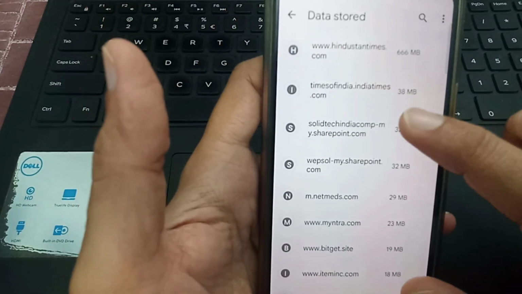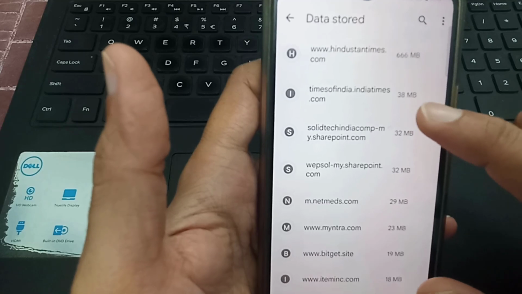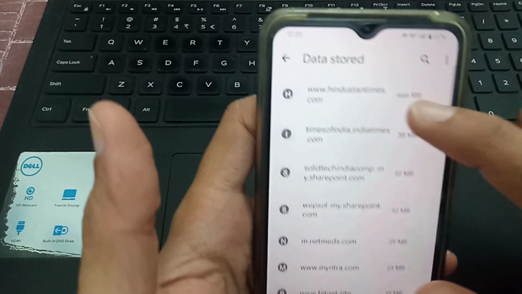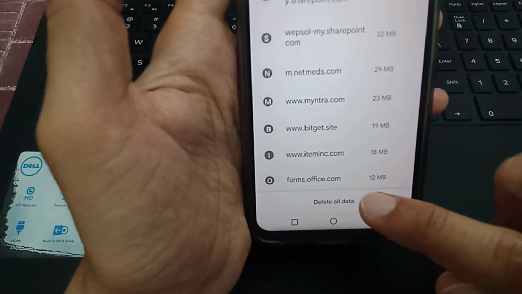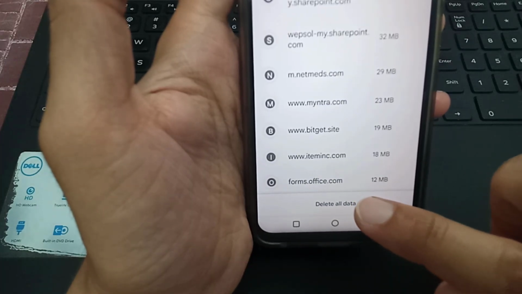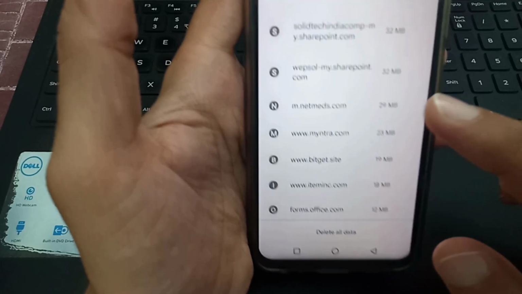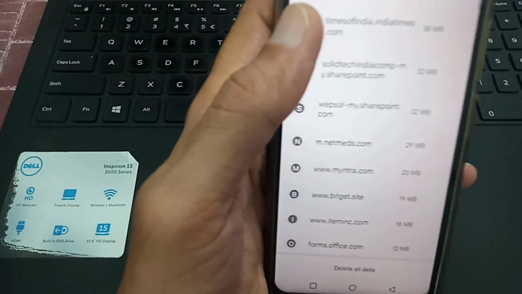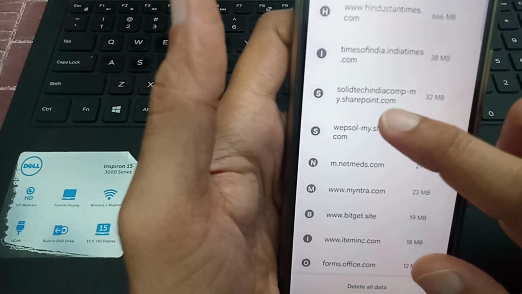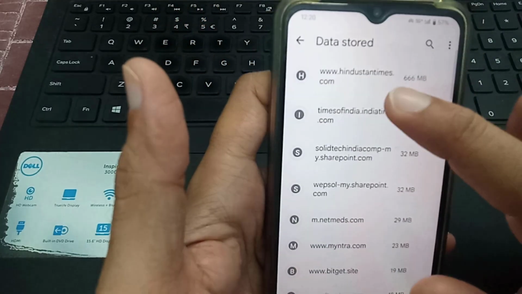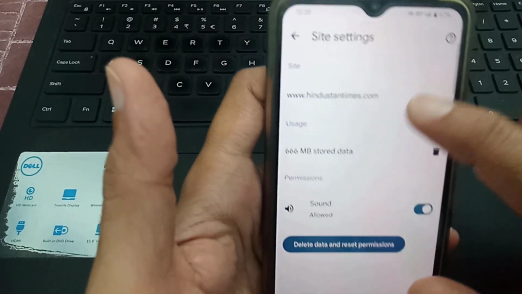Here you will find all your site stored data. At the bottom you will find delete all. You can just tap this delete all. You can delete all your site stored data, or if you want to delete by custom, just select any site,